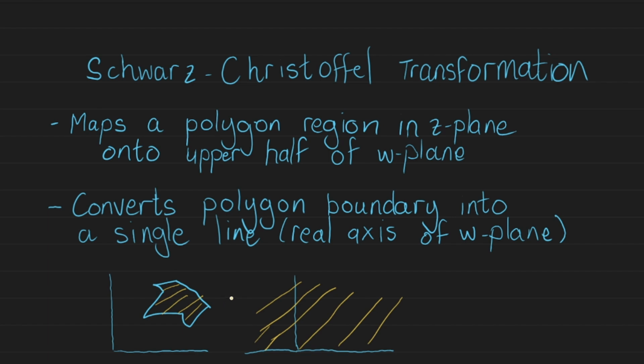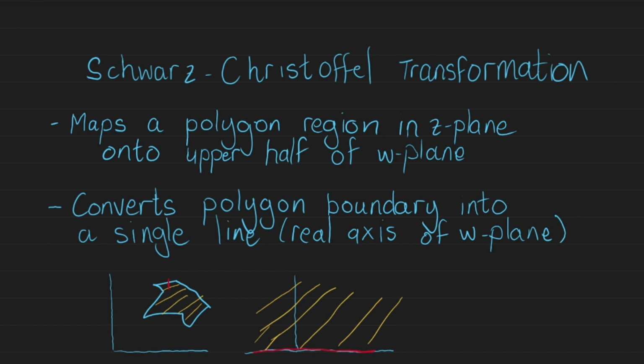The second thing about the Schwarz-Christoffel transformation is that it transforms the boundary, and perhaps this is a bit more useful depending on the circumstance. So what it does is that it converts the polygon boundary into a single line, the real axis of the w-plane. So you can take all these different lines and all of this complicated shape, and instead of having a complicated boundary like that, we can transform that entire boundary. We can cut it and we can spread it out. We, for example, cut it and open it out, and it becomes one single line that is on the u-axis,